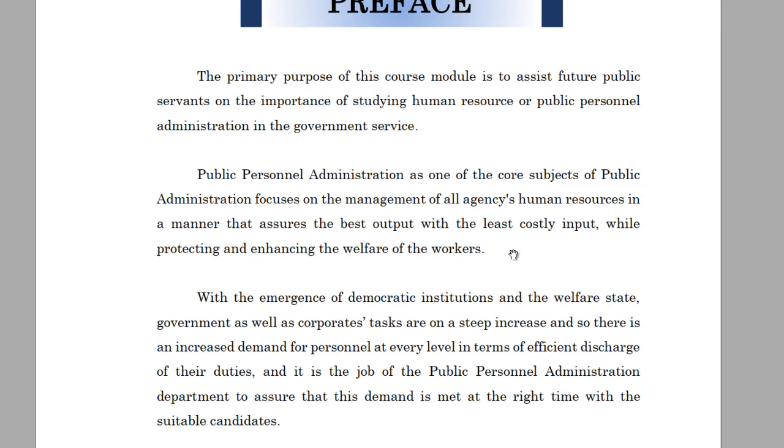Studying the best type of leadership and management that we should employ for this personnel is one of the main reasons why we are studying public personnel administration,